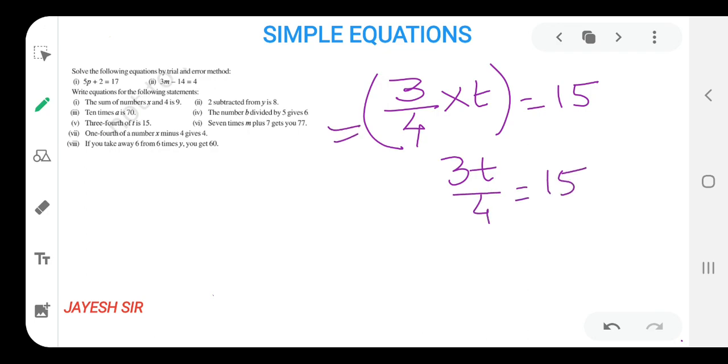And this part is also correct. Both the parts are correct. I hope you all might be getting it, friends. So let us begin with the next, that is question number 6, and see how to form the equation for question number 6.